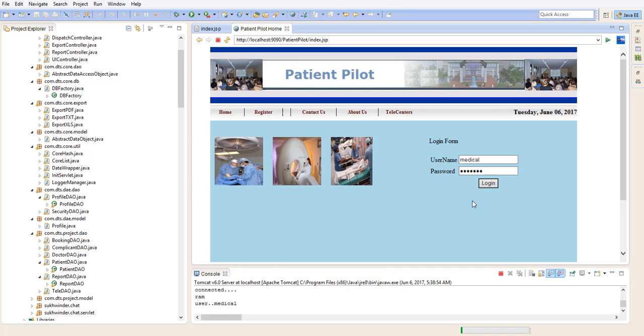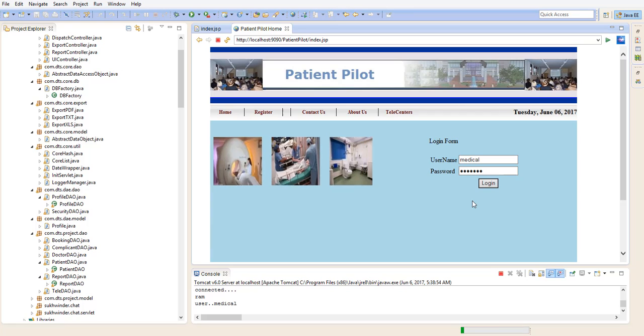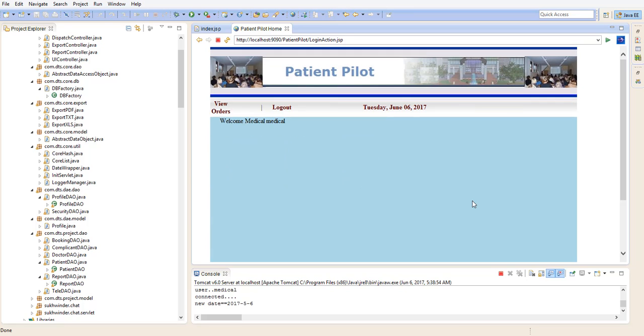Click on login. And here, this is the username and this is the role. So that's why it says welcome medical. So medical is the username as well as the role. So here the medical can click on the view orders,